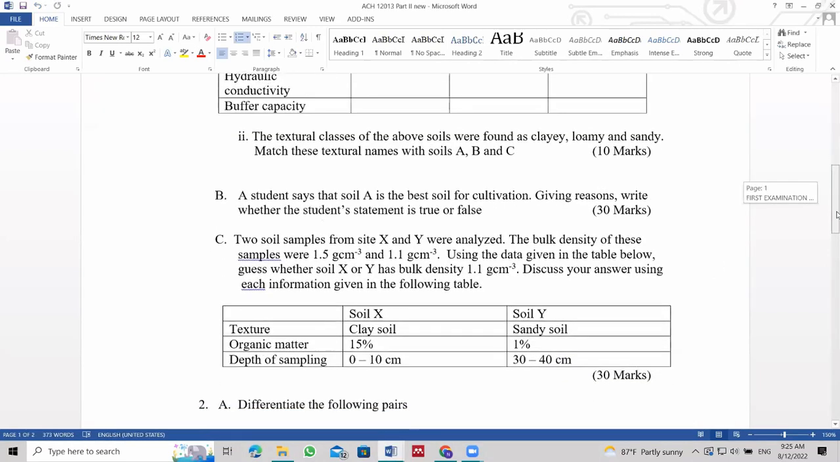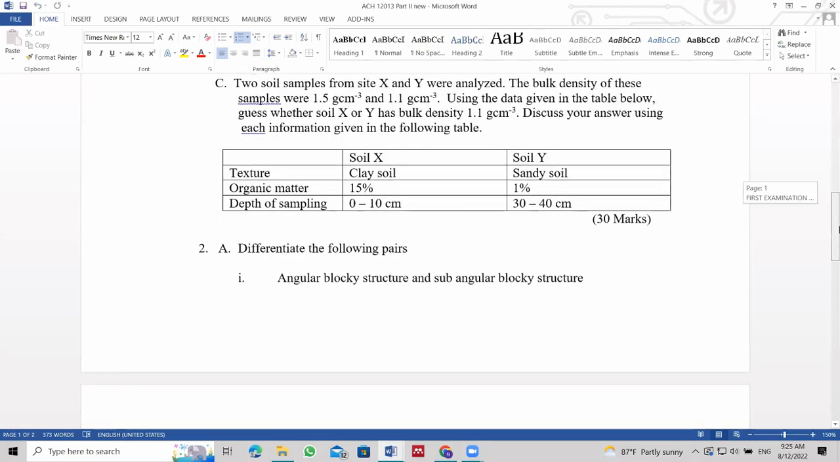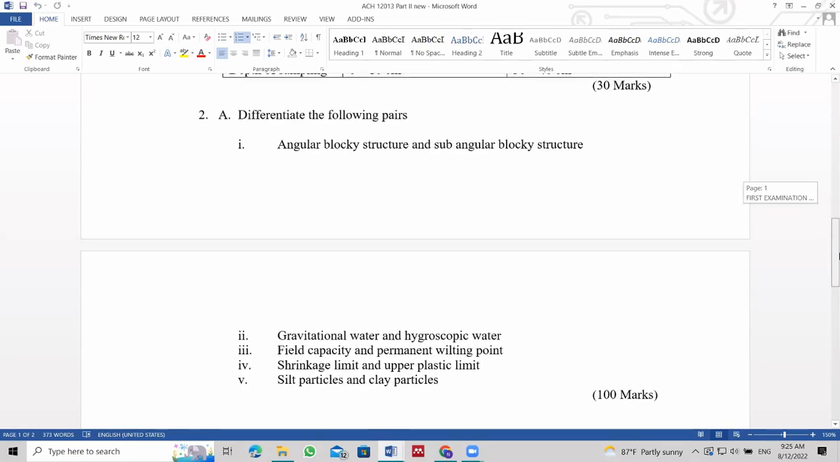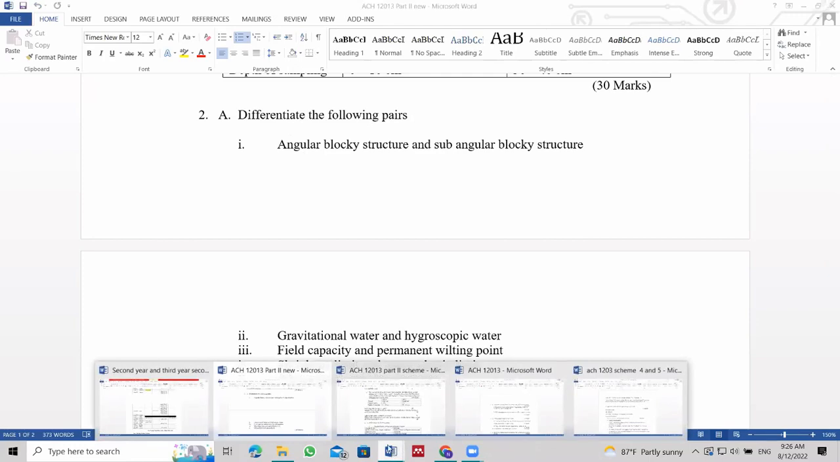And the other one: differentiate the following pairs: angular blocky and columnar structure, gravitational water and hygroscopic water, field capacity and permanent wilting point, shrinkage limit and lower plastic limit, and silt particles and clay particles. So only the differences are asked. Differentiate. So if you see the scheme,